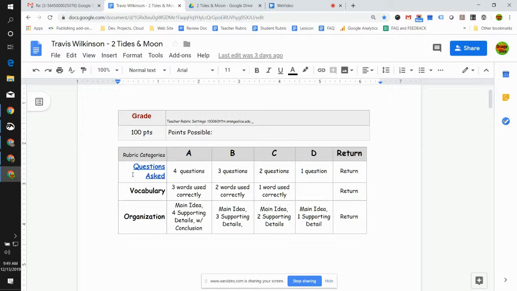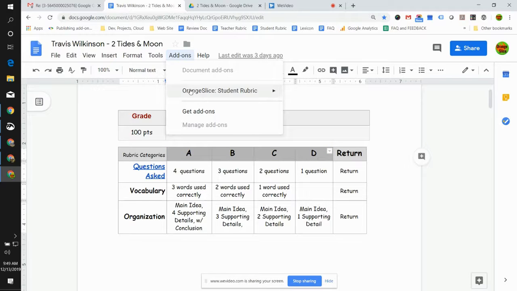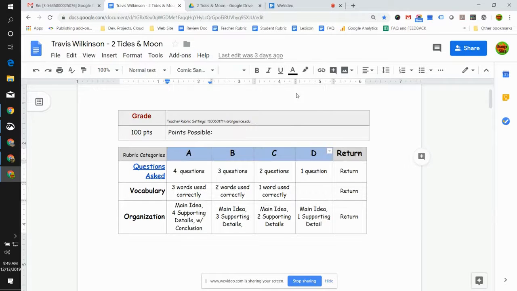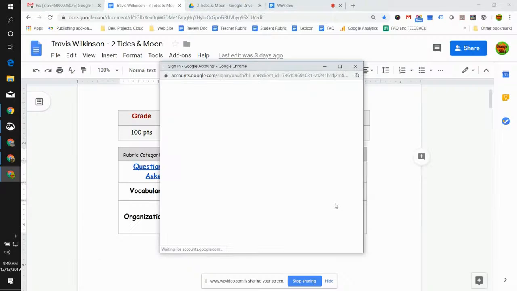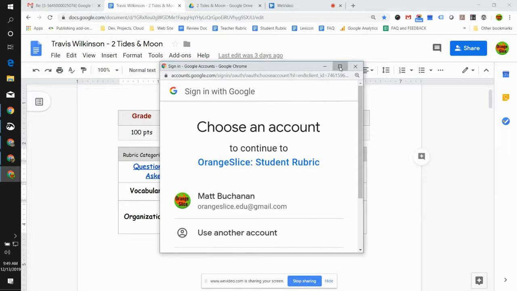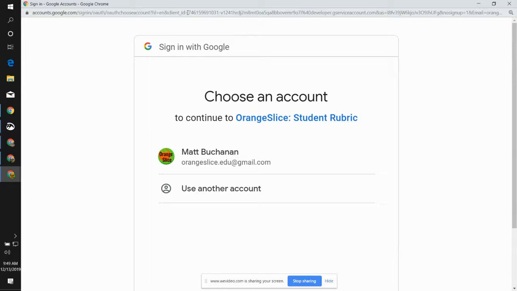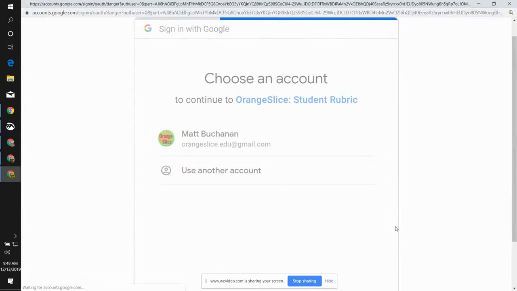There are 3 categories: questions asked, vocabulary, organization, and then there are these performance criteria levels. To access the rubric, the add-ons, OrangeSlice Student Rubric, authorization required, yes, continue. Okay, right here, there's the client ID. Going to select my account,